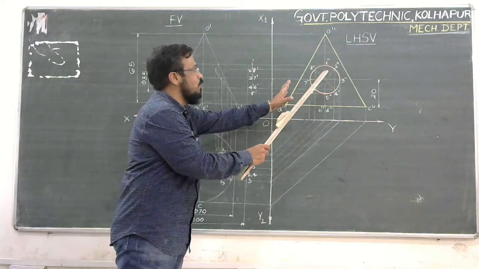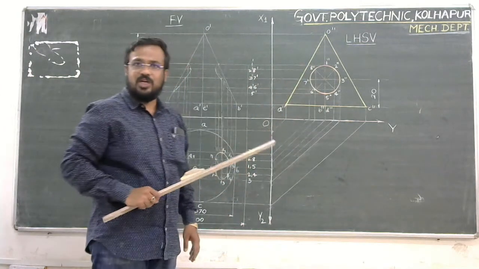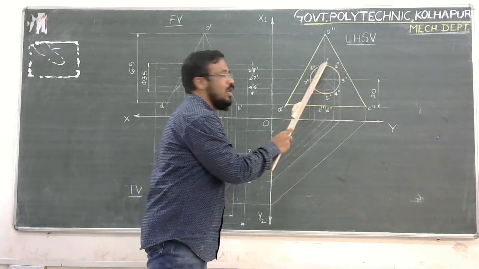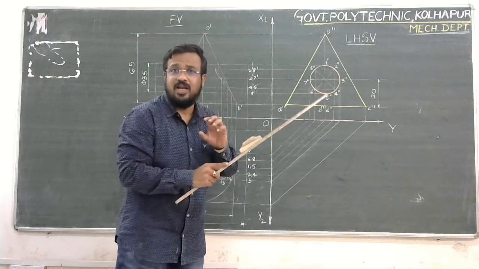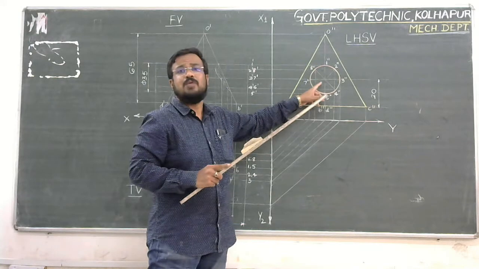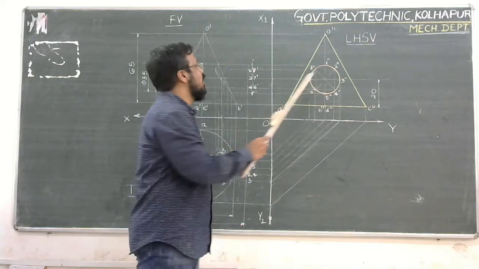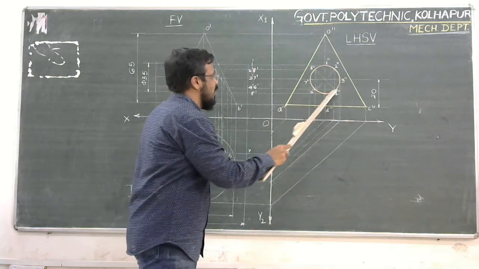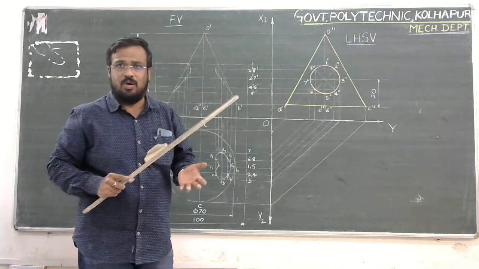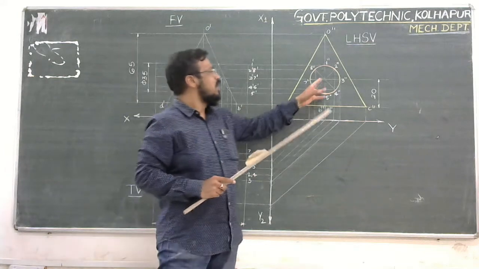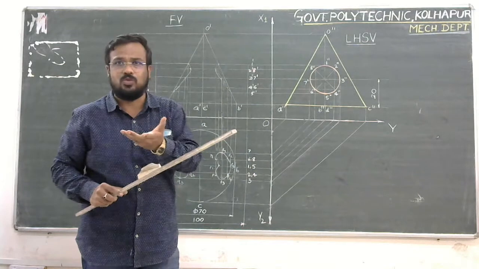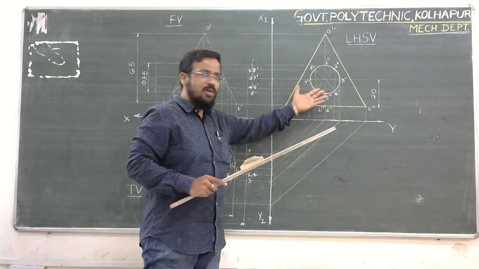In this side view, we have to divide this circle, which is the representation of the cylinder. Remember, it is not a circle, it is a cylinder, but it is visible in the form of a circle in the side view. Now this circle, I am going to divide into an equal number of parts. For the sake of simplicity, I have divided it into 8 parts. You can divide it into 12 also. If you divide it into 12, what happens?